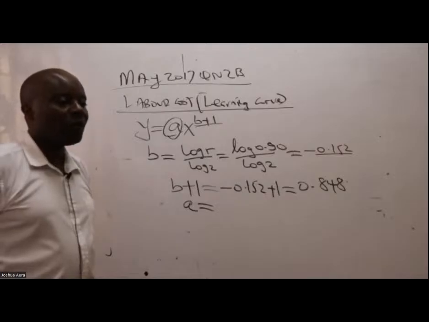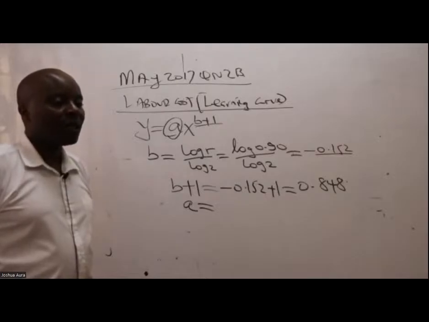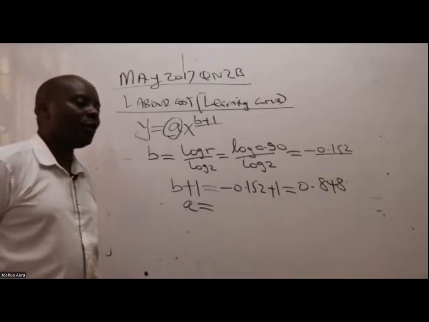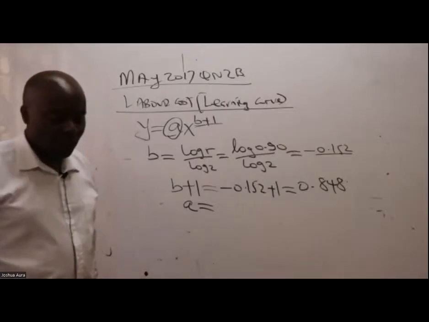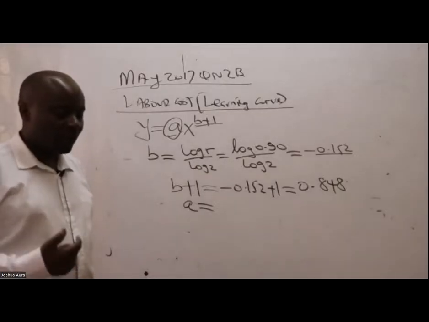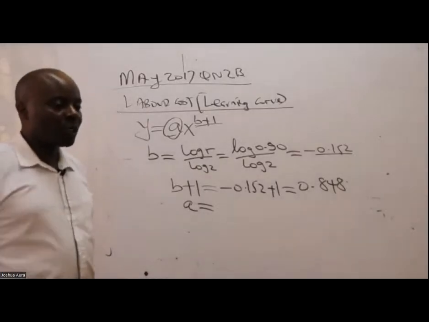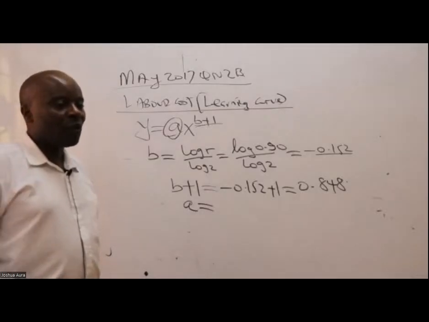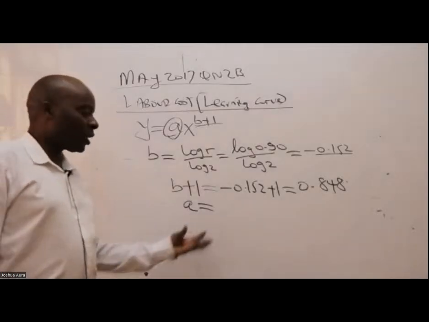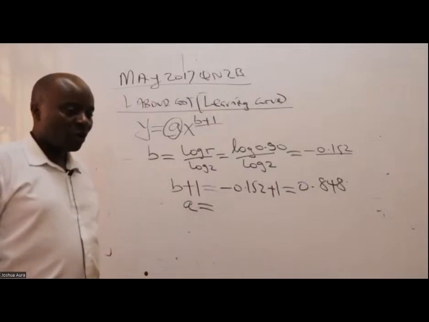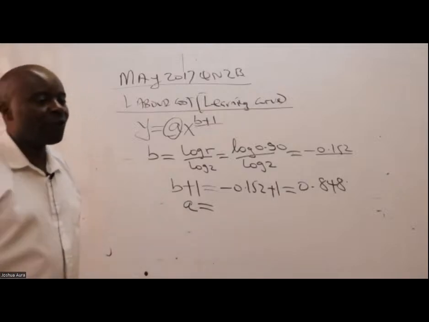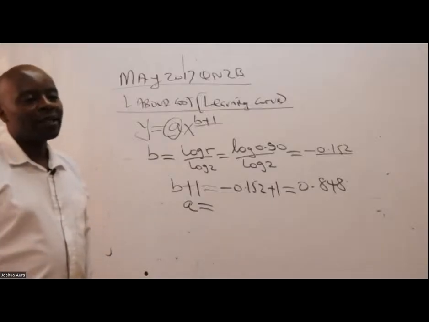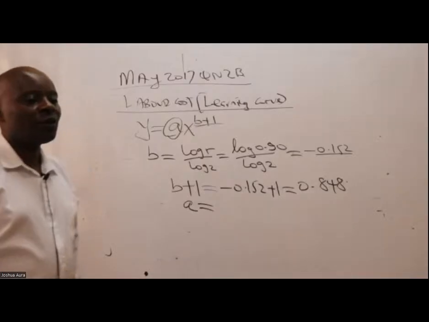Remember, A has got everything to do with the time taken or the labor cost of the very first unit. When we began this production process, the very first unit that we produced took us how long? It cost us how much? Actually, if I'm the one doing this, I'll always look at the cost of the first unit. Is there somebody who is able to see from the question what the labor cost of the first unit was? The very first unit we produced.